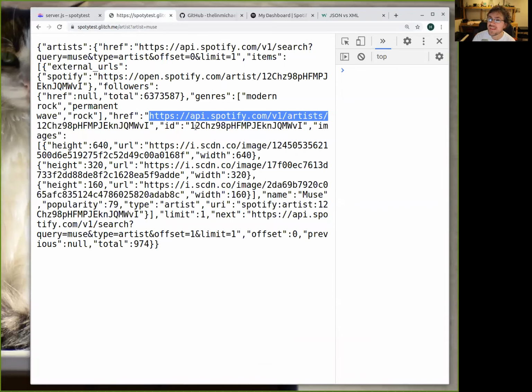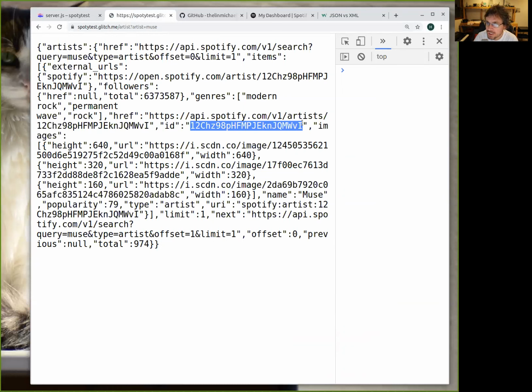And one thing that is very important for us, because it is a starting point for everything, is that it also gives you the ID. Can you see this? It gives you the ID of that particular artist that we were searching. Then the name, a popularity of 79, and that it's an artist. And it also has a couple of images of the band.